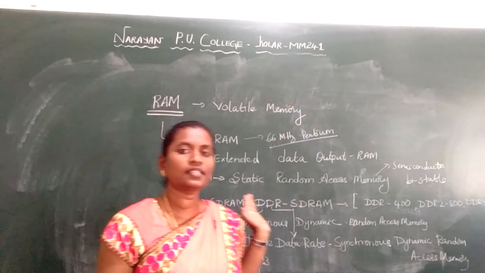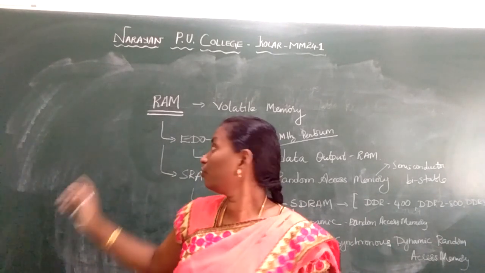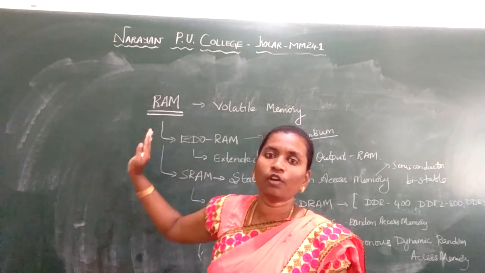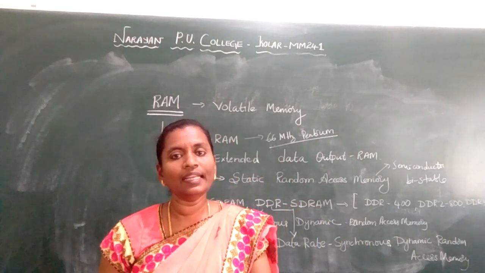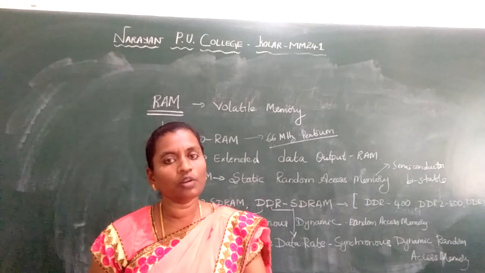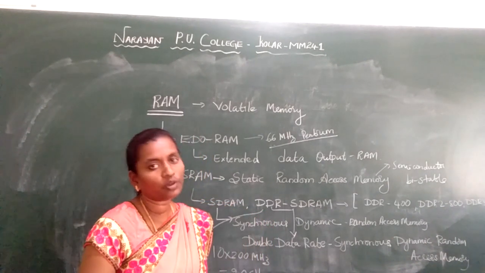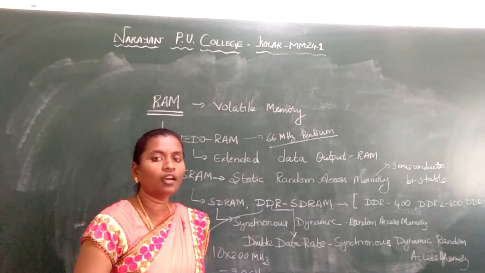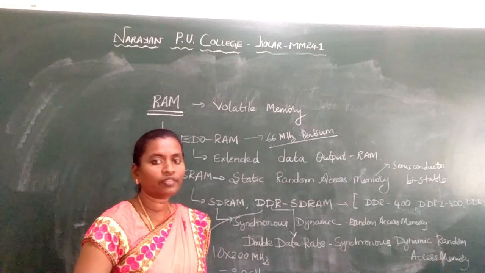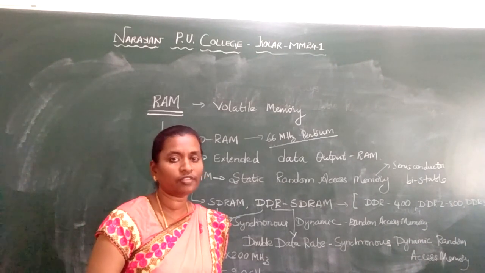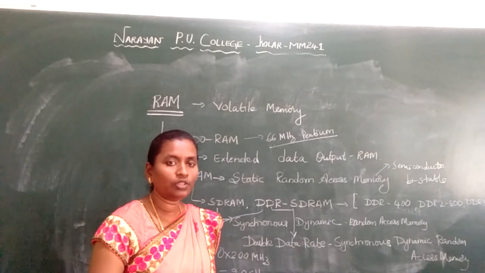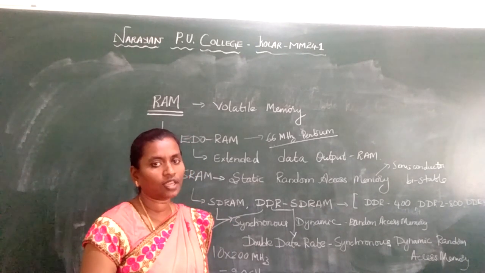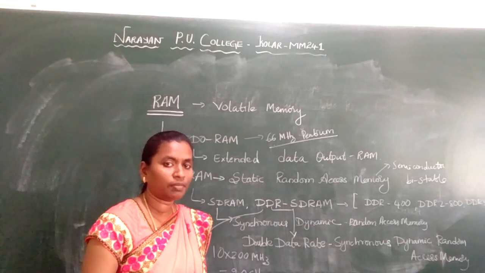Okay students, now I'll recap ROM, then we'll go for RAM and types of RAM. ROM is also called read-only memory. Is it volatile or non-volatile memory? It is non-volatile, which means the content in the ROM cannot be erased, even if the power goes off, there is a power failure, or you switch off your CPU. That is permanent memory.